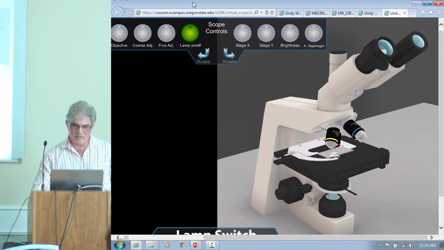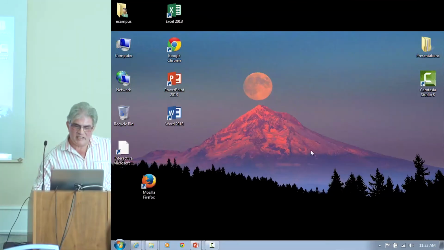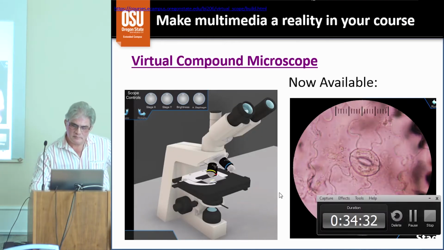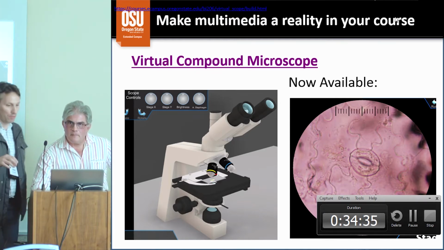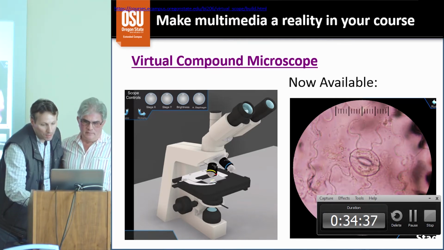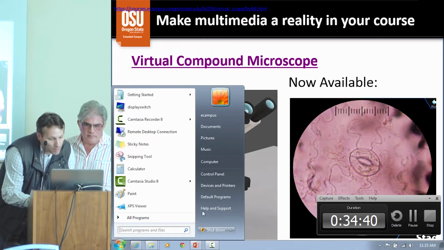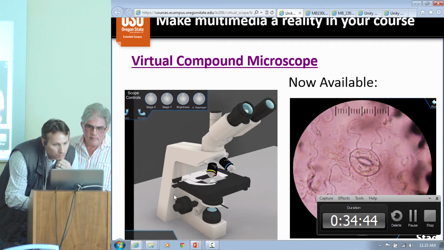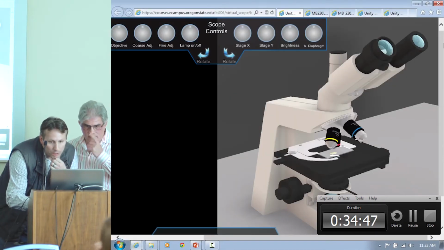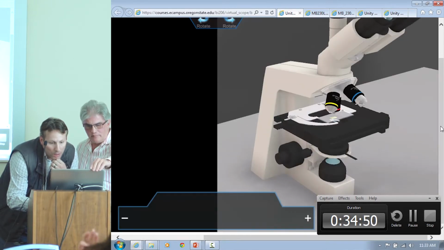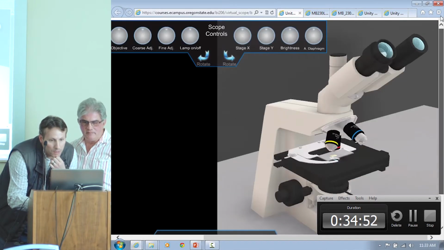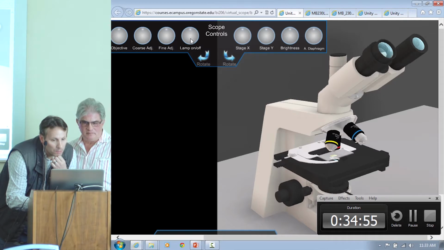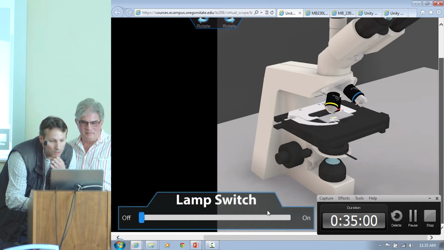I'm having a little trouble operating it. You want to help me, Mike? The player's built for a specific resolution, so you're not seeing the entire screen. Where do you have it up, down here in the Explorer? So we're going to have to scroll down a little bit to see all the controls. We should have got you the executable. Yep. You can change resolutions in that one, but turn it on so at least they can see the specimen.